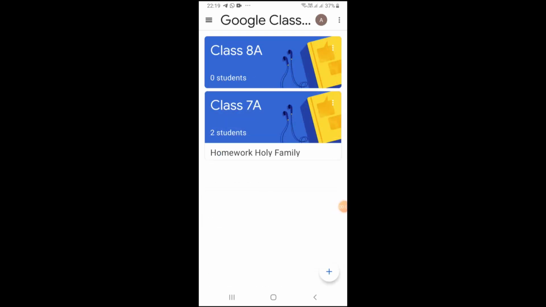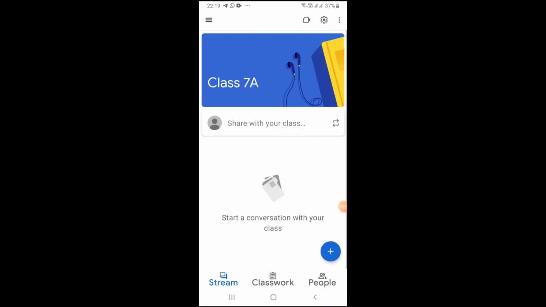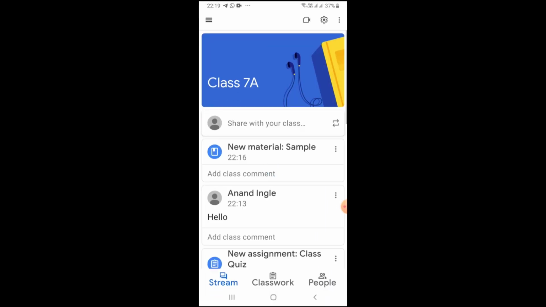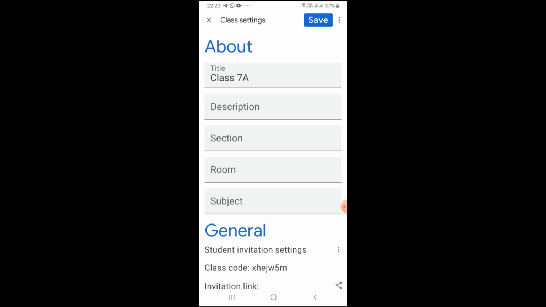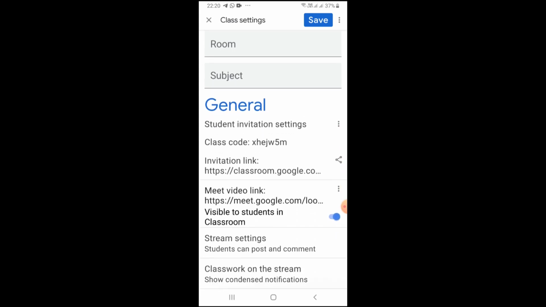Now let's enter the classroom again. And here let us understand the options given on the top. If you look on the top, this gear icon is there. When you click on the gear icon, you see the various settings.